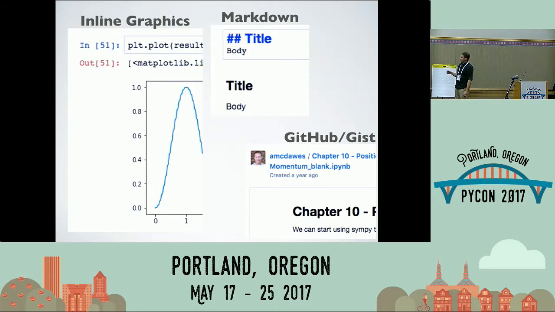Of course, Markdown, we don't really get into too much crazy formatting, but just the fact that they can highlight text, and they can make it a title or subtitle or things like that. But I do make fairly heavy use of GitHub so that I can post files for students to download. And they're comfortable downloading a file after the first day and firing up Jupyter Notebook and getting it to work and opening up and seeing what they're working on in the class.